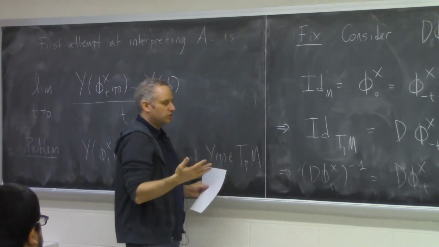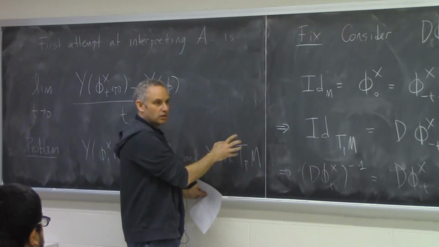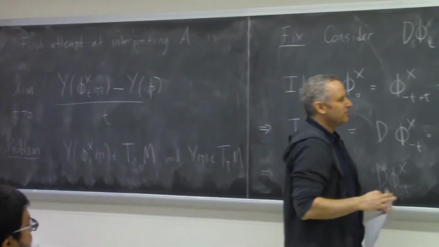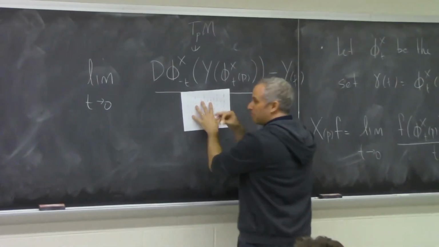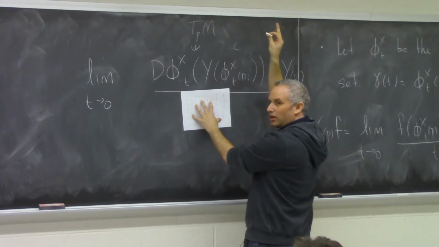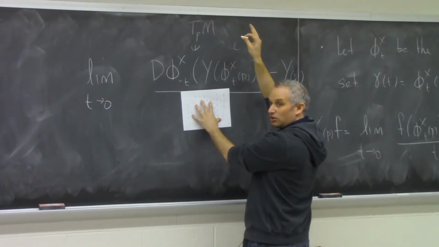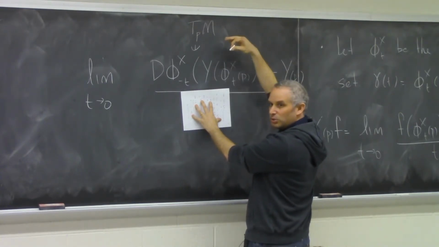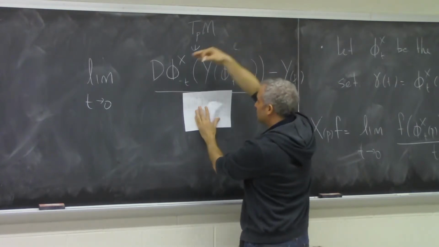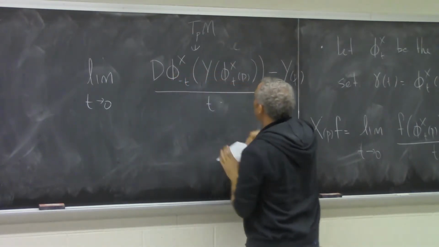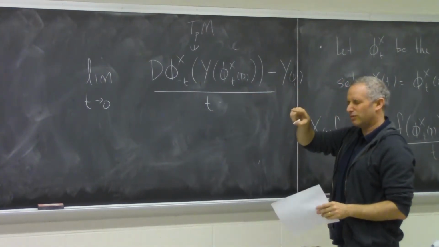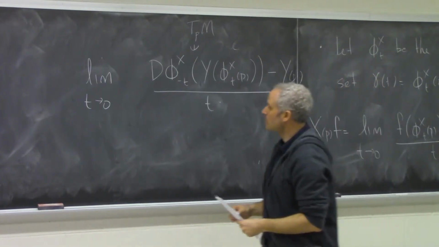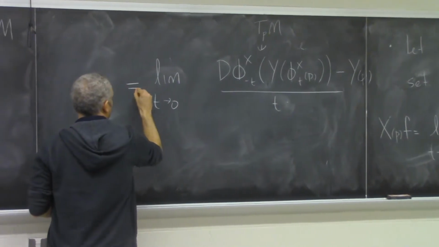So how do you think of this? Let's identify this with R^n. Okay? We have standard coordinates. Let's think of this as R^n. So the numerator is a path of vectors in R^n. So it's a curve. And we can take its derivative like we did for curves in multivariable calculus, right? So the result, that's what this is. What's the derivative of a curve at a point? It's a new vector. Yes? And so that will be our answer.